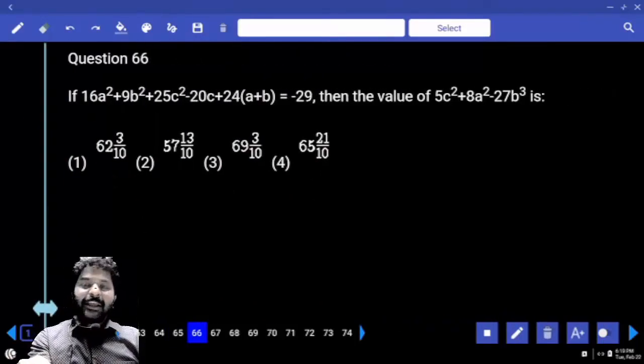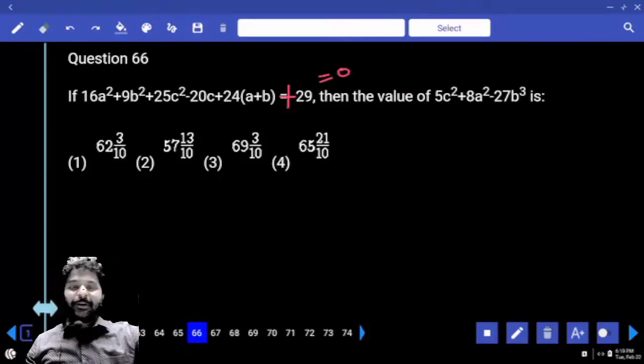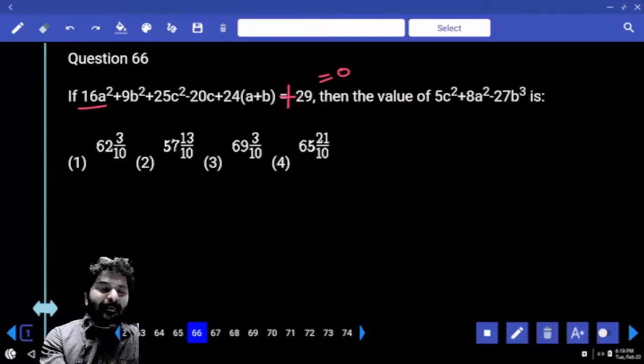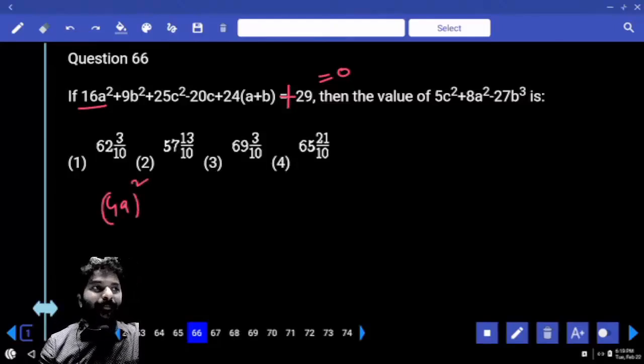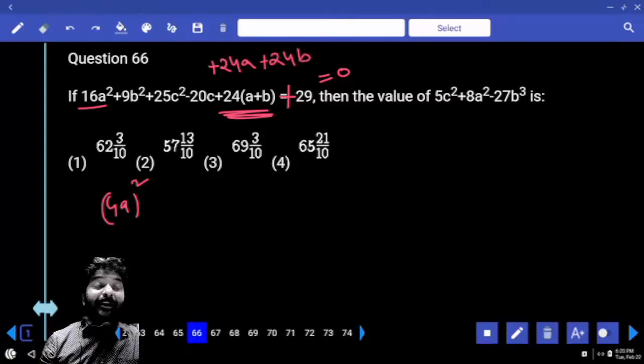Take minus 29 to the left hand side. It becomes plus 29, right? And this is equal to 0. Okay. 16a square we have. Can we write it as 4a whole square? Now where is a again? Here it is. This is plus 24a plus 24b. I am trying to write it as a plus b whole square format, x plus y whole